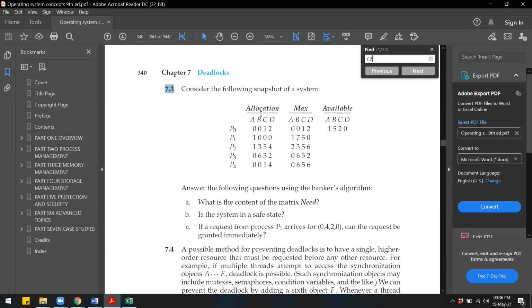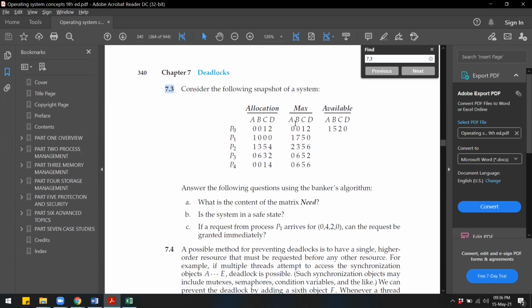This allocation tells us how many resources of each type are allocated to a particular process. So that means 0 resource A is currently allocated to process 0. Right, this A, B, C, D are some resource types, could be memory, CPU. Okay, this one here is the processes. So 0 of resource A is currently allocated to process 0. 0 resource B is allocated to process 0. 1 resource C is allocated to process 0, and 2 resource D is allocated to process 0. And the same applies for the rest of the processes.